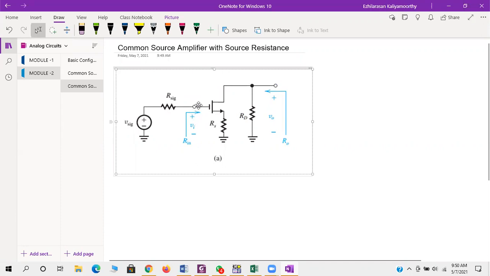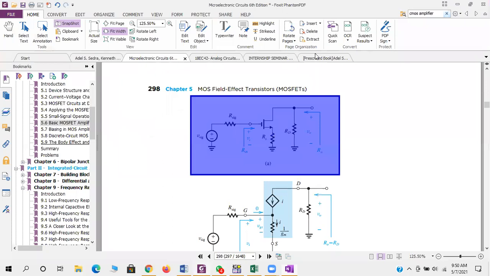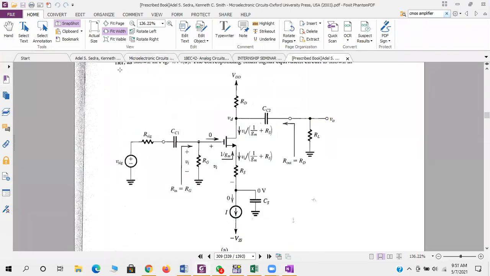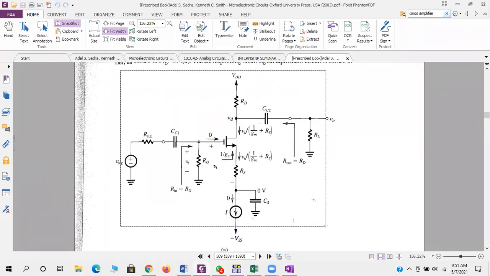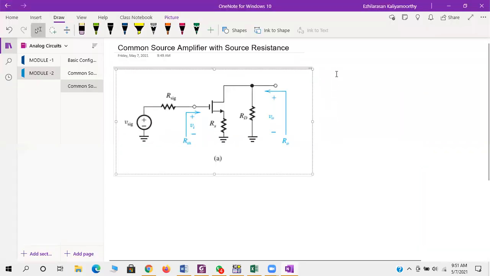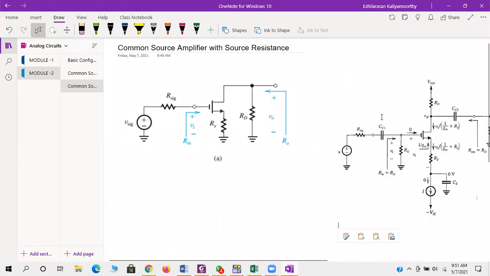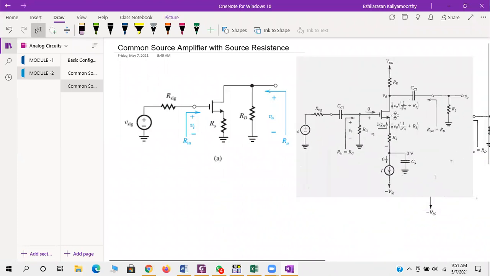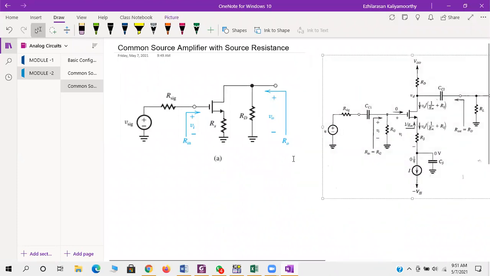So now what you need to do in this is just think that there is a resistance here. Just for an example, you can consider this figure also, but don't get any confusion from this figure. Let me show one more equivalent figure actually. Even you can use this figure also.